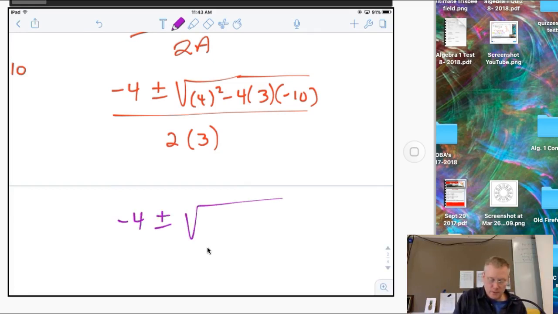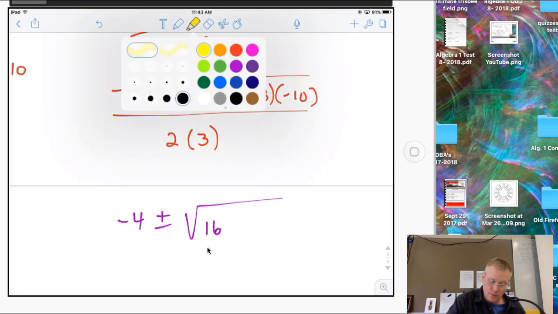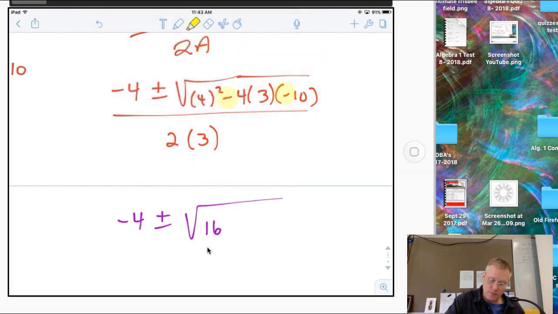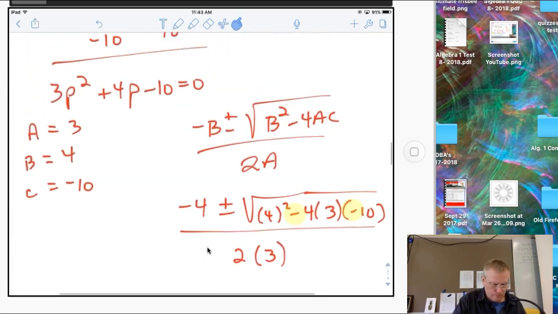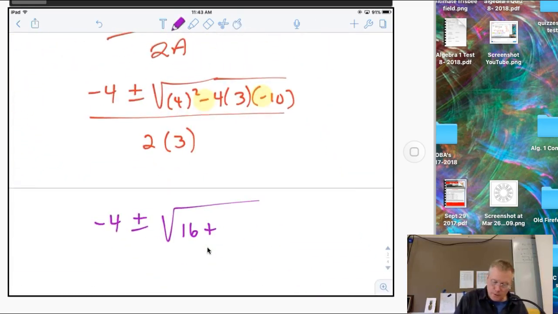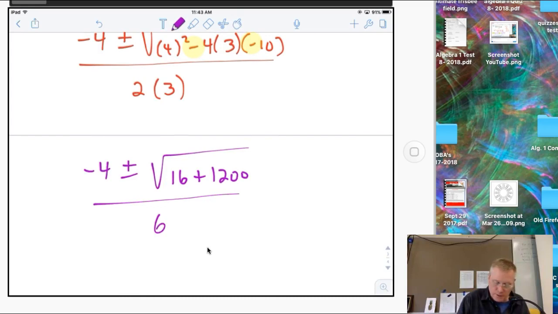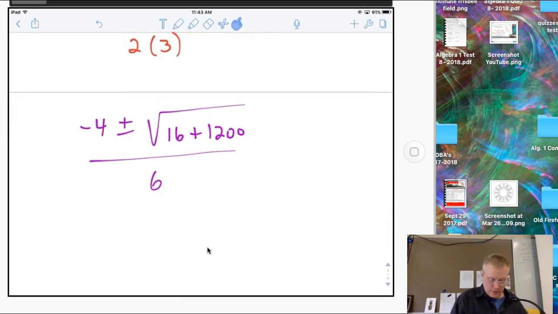Next, I'm going to work on what's under that radical. Negative 4 plus or minus the square root of 4 squared is 16. Once again, I got a minus here and a negative there, which means it's going to be a plus. There's 2 of them, so 2 negatives make a positive. 4 times 3 is 12. 12 times 10 is 1200. And this is all over 6. All right, so if I simplify that, 16 plus 1200 is 1216